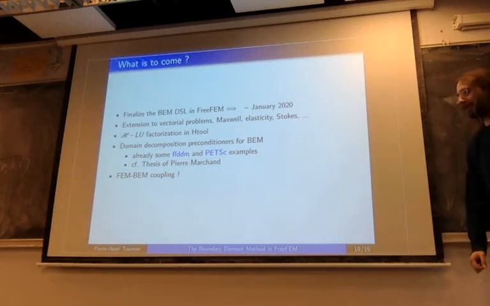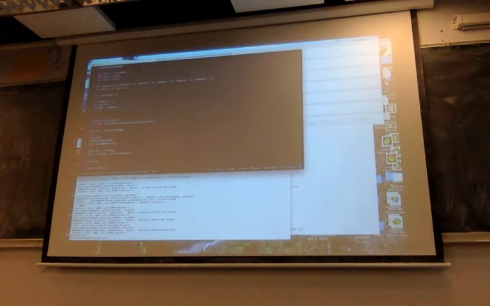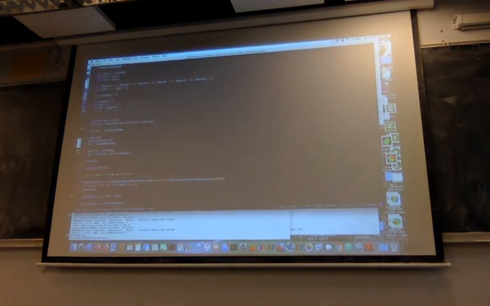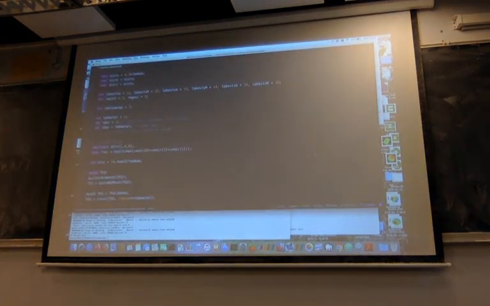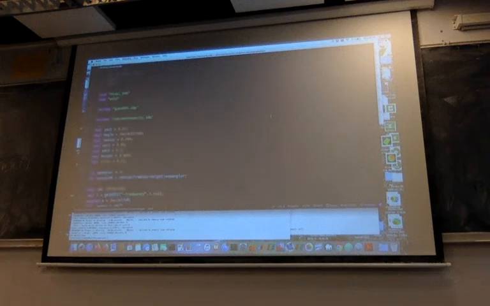And obviously, we would like to do some fun stuff with the FEM coupling. Right. Okay, and let me maybe just show you a very quick live demo of, for example, the Cobra. Okay. So this is the script for the Cobra. So this is in the BEM branch already, in the BEM directory of the examples directory. So let me just do a quick rundown of the script.